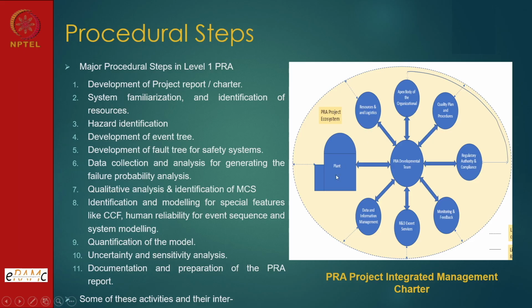Resource allocation: you have a plant, you start the resource allocation, and the apex body, the organizational team, should give it. So PRA project development happens, the team is there. Their coordination with so many agencies happens in an integrated manner: charter, R&D team, data team and all the other teams, and then finally your project. So here we have the technical element, and here we have the administrative element, because our topic is project management.